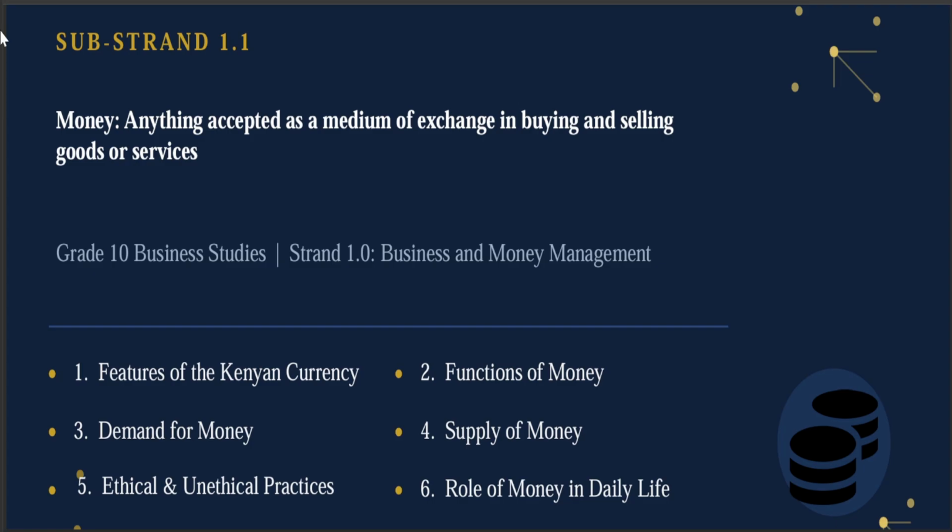So yeah, let's venture into the next slide. But before that, let me just explain a little bit on each subtopic. We look into functions of money: what is the function of money, and where does it help us? Third, demand for money. In case you don't want to spend money and you want to hold that money, which aspect do you consider for demand of money? Supply of money is just the money circulating around us, and ethical and unethical practices are those that usually happen when you have money, and the role of money in our daily lives. So let's venture into the next.